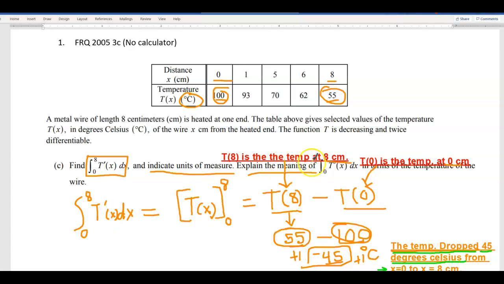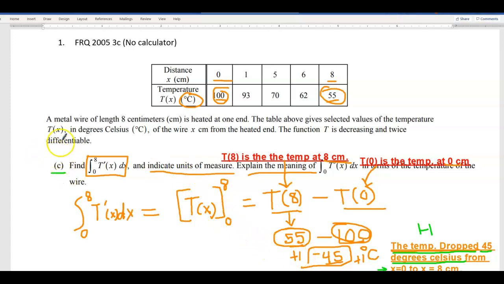So this is a lot like an interpretation here. And that would also be worth 1 point. So this would actually be, by my estimation, probably a 3-point question, possibly 2. They might not give points for the units if, like in the other parts of the FRQ, they already did that. But if they hadn't asked for units anywhere else in the FRQ,